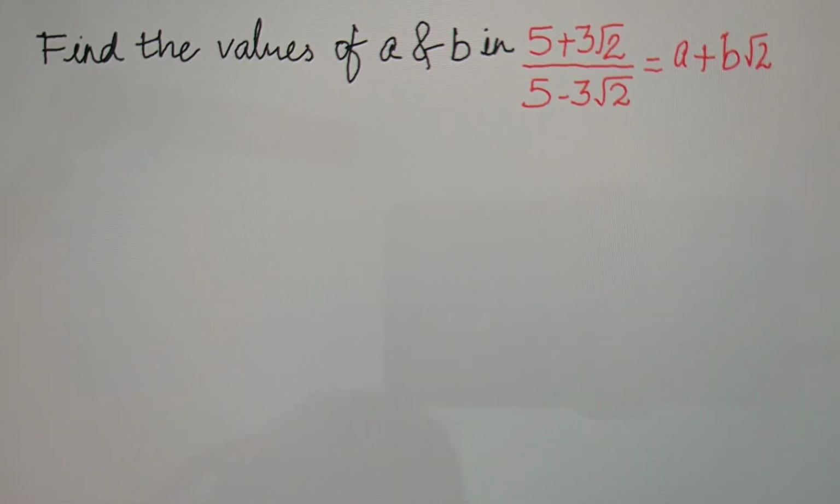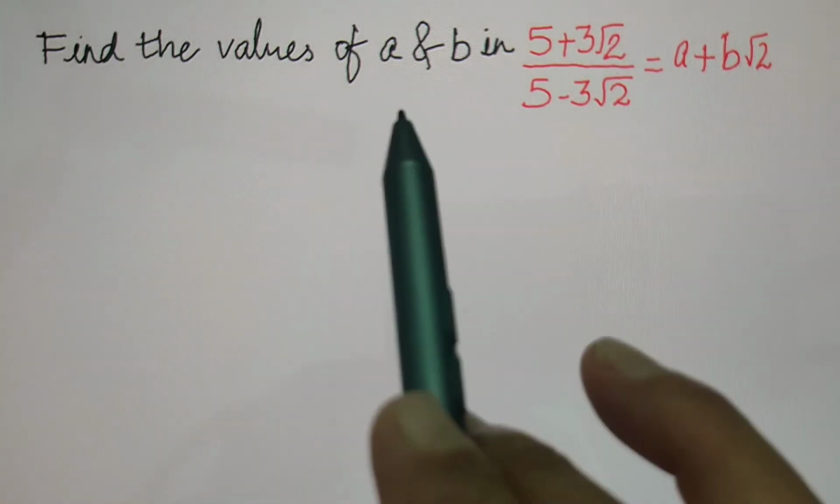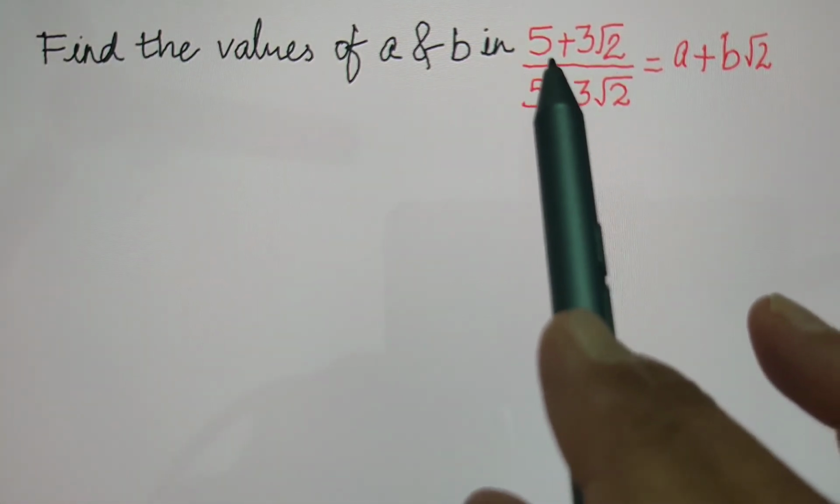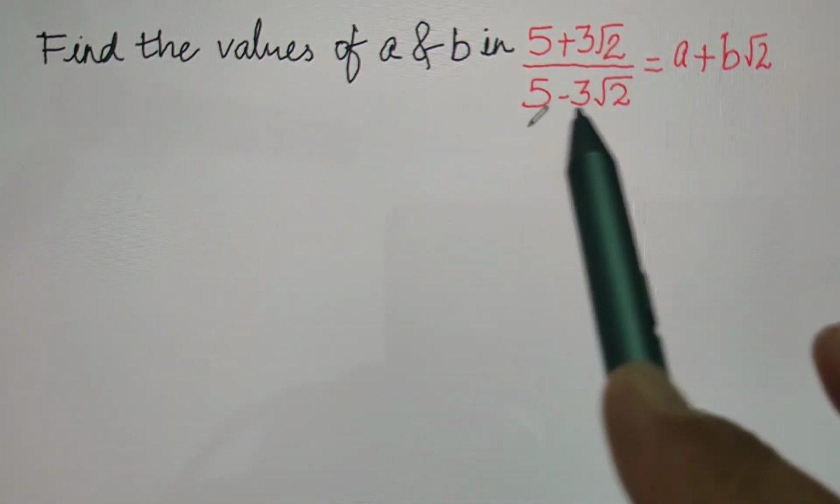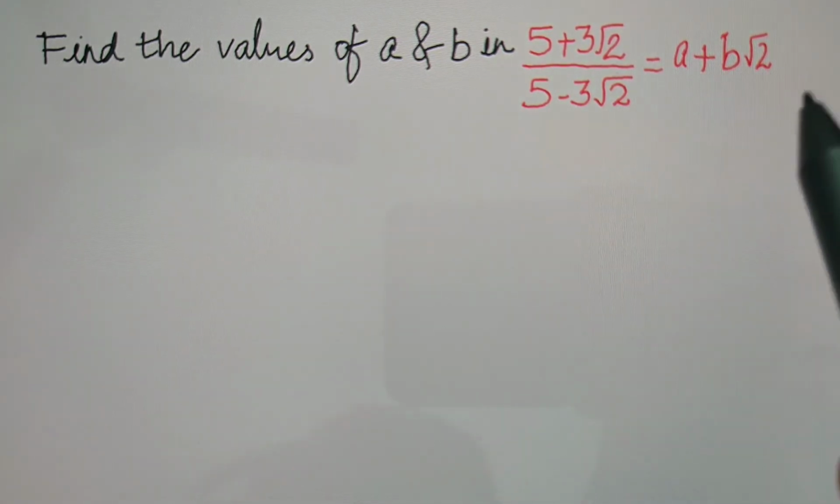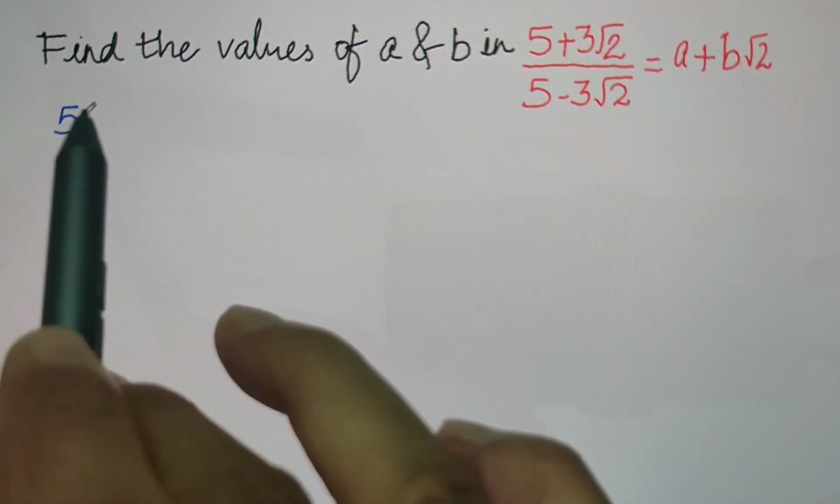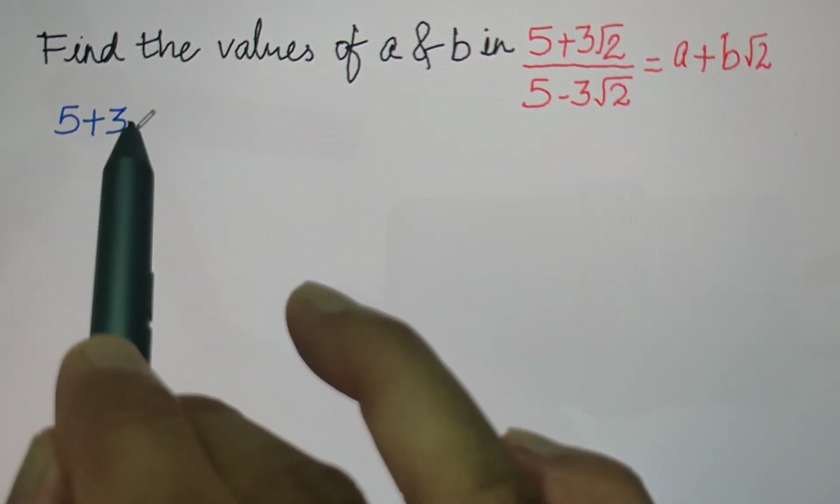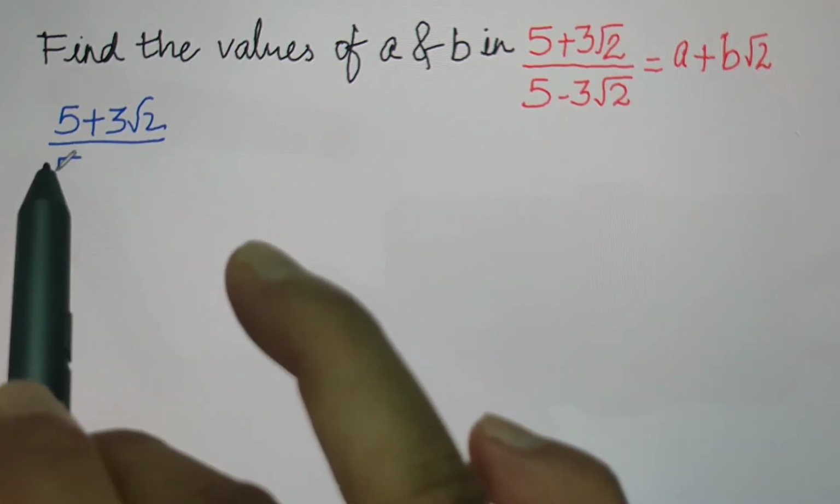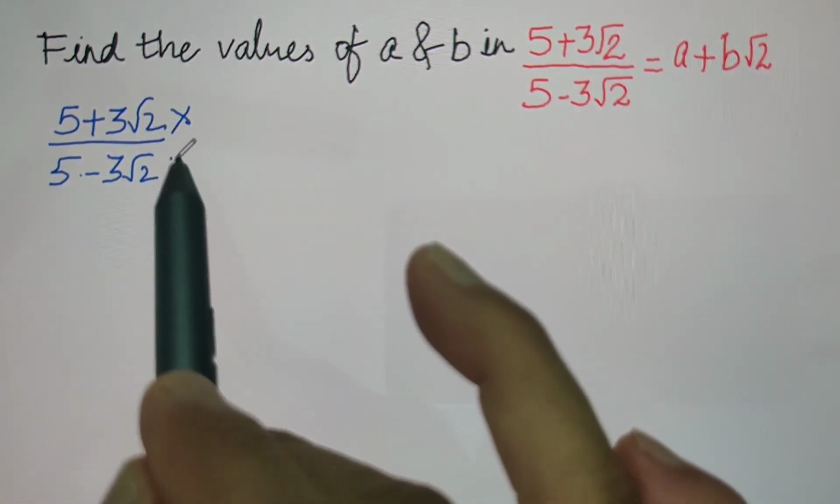All right, welcome back again. Let us look into the next set of questions where we have to find the value of a and b, and we've been given (5 plus 3 root 2) upon (5 minus 3 root 2), which is equal to a plus b root 2. Now if we look at the left hand side, where we have (5 plus 3 root 2) upon (5 minus 3 root 2), what we are going to do is